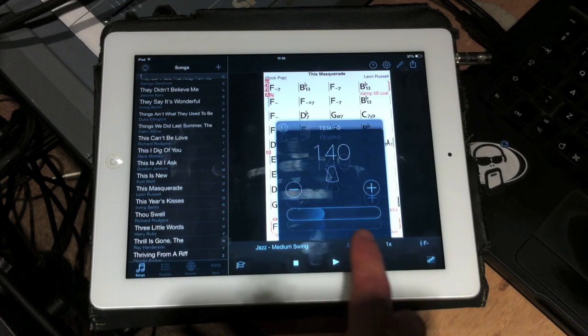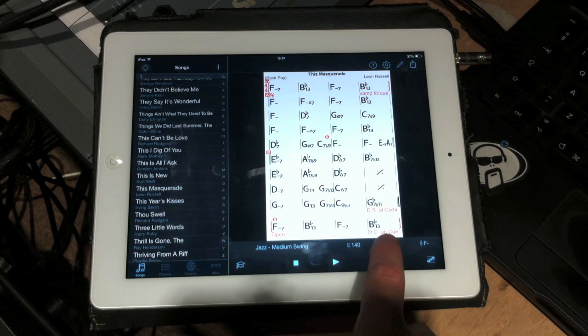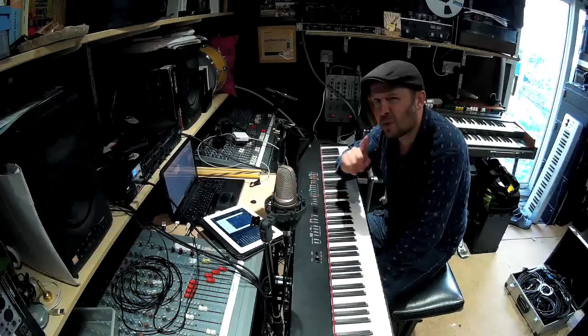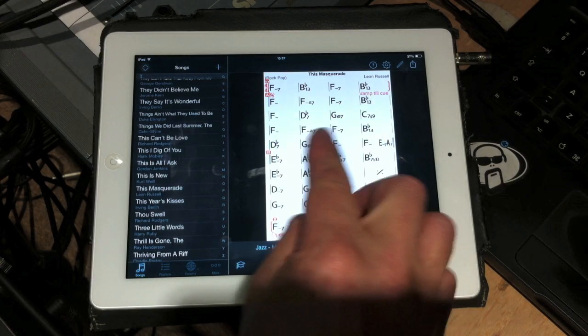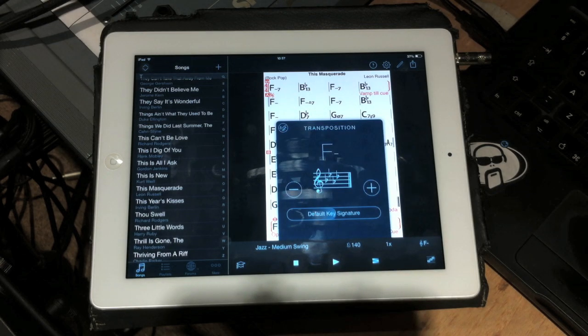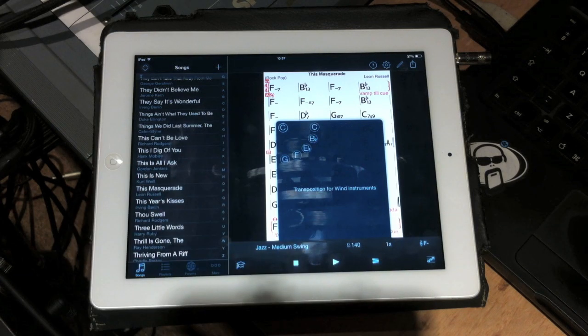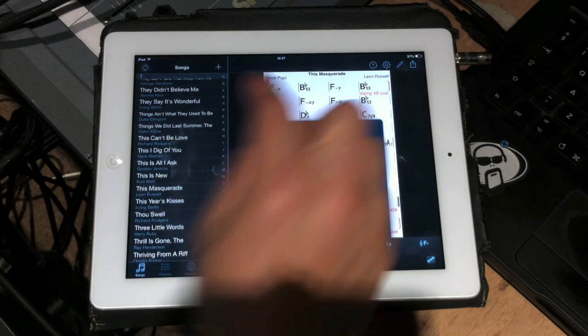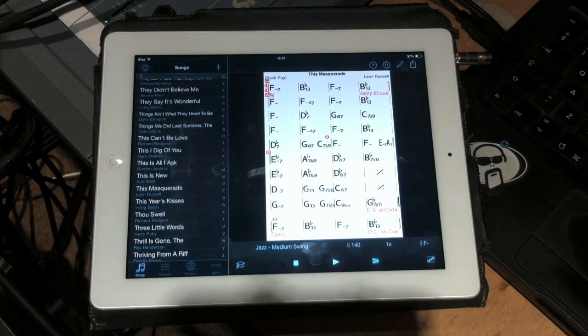Now, we've also got the number of times you want the chorus to go round. Let's say, well, up to 30 times. That's quite a long tune. Click the same button again and the menu will come down. You can also change the key of anything, and when you change the key, it'll change the chords on the page as well. You can also, if you're a transposing instrument, it gives you C, B flat, E flat, F or G. Somebody tells you what the key is, you just punch that in and it transposes the chords for you. So we've got